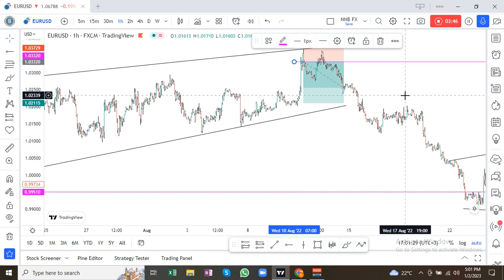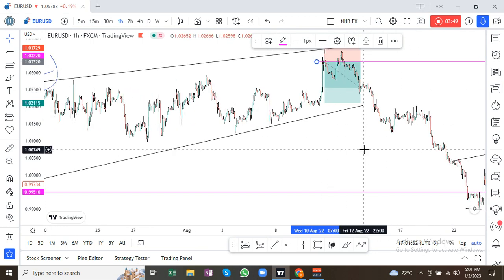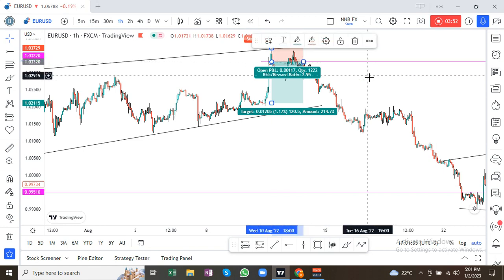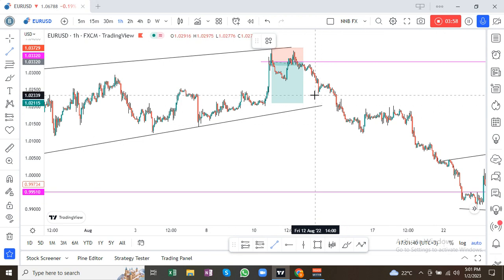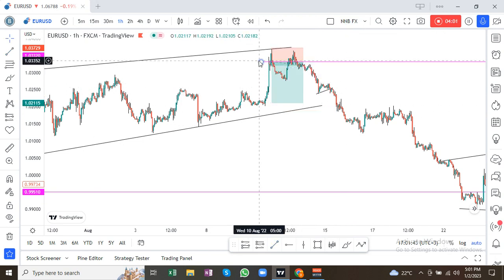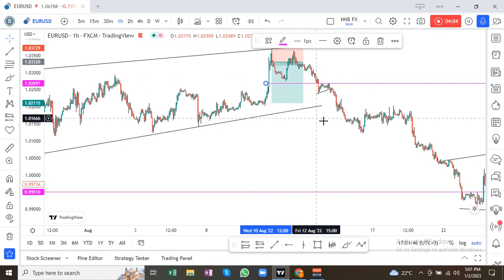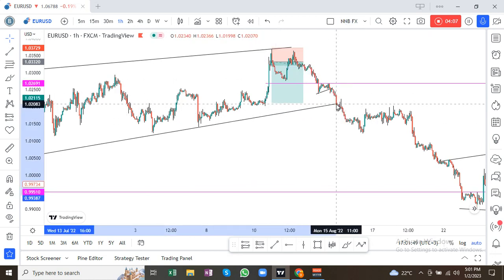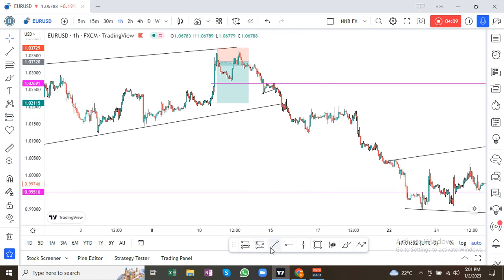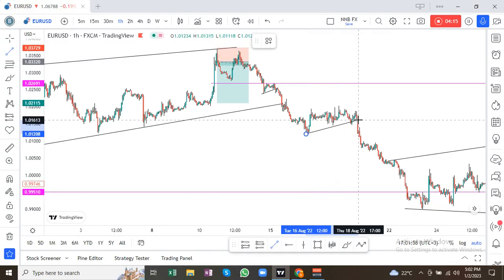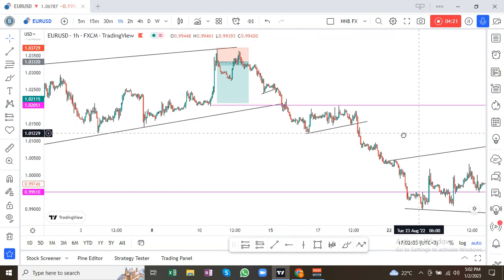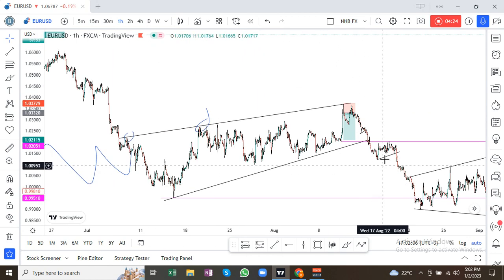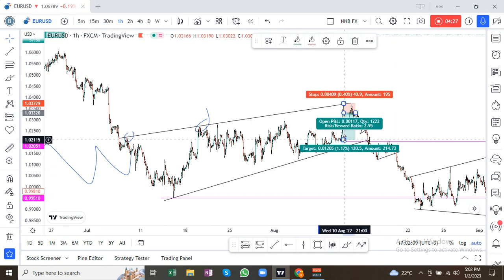After every correction, we move our stop loss above that structure. Like here, when it impulsed, I moved my stop loss to break even. When it created this structure, I moved my stop loss to above this structure. It broke this trend line impulsively. After breaking this trend line, it created another structure right here. After it broke this structure, you move your stop loss above this structure, and after that, you see it impulse down to a take profit